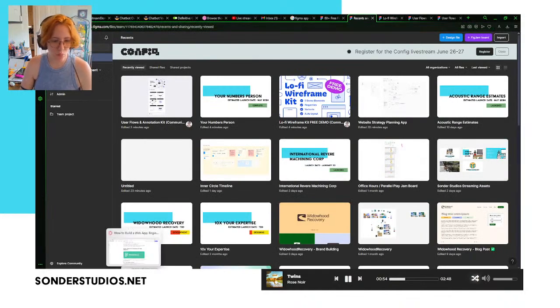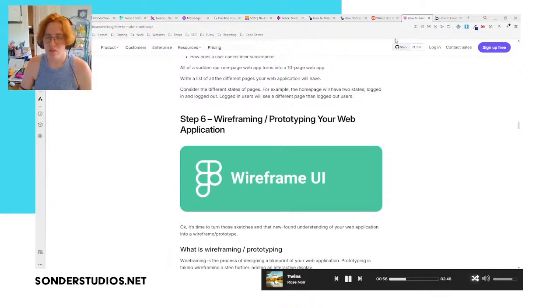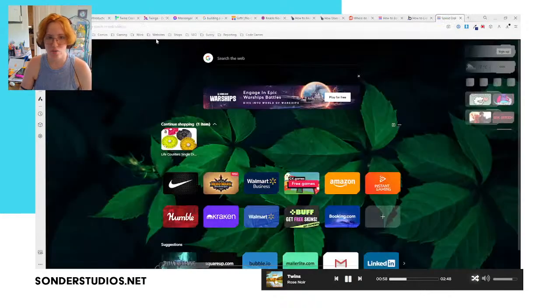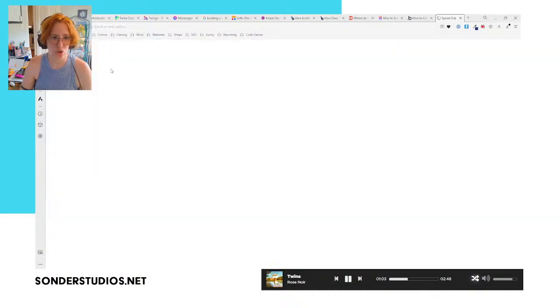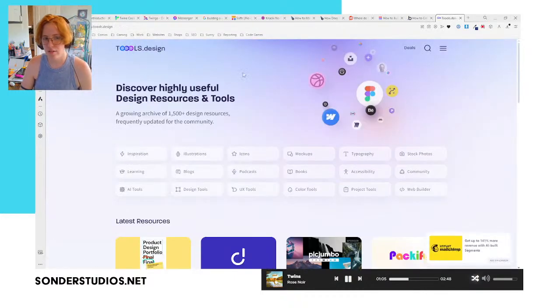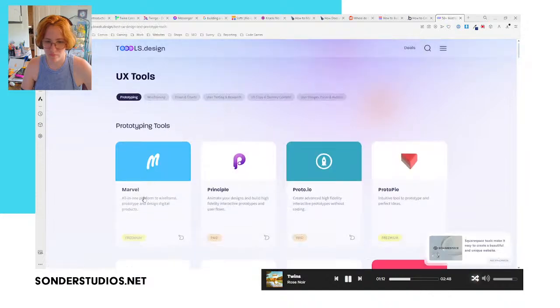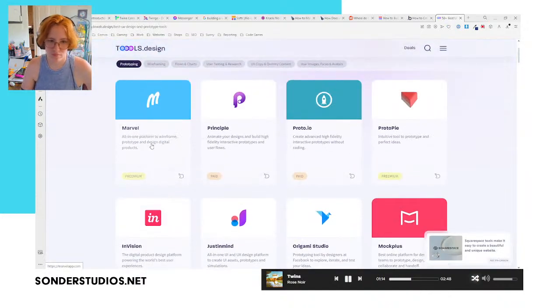want to do right now? Instead of just doing a Google search, I want to go to this great website I have saved called tools.design. And I want to see what they have to say about all this. Marvel, an all-in-one platform to wireframe products and design digital products.